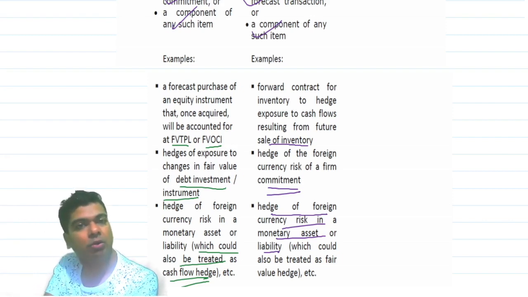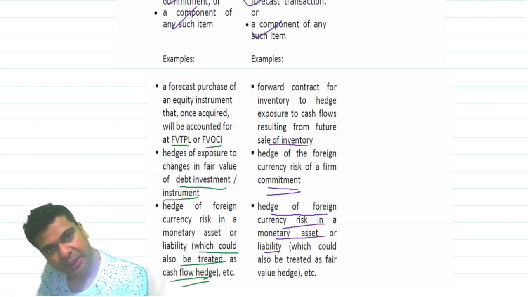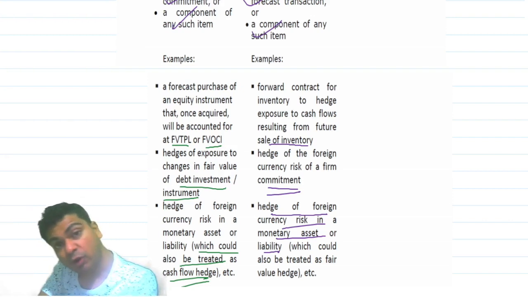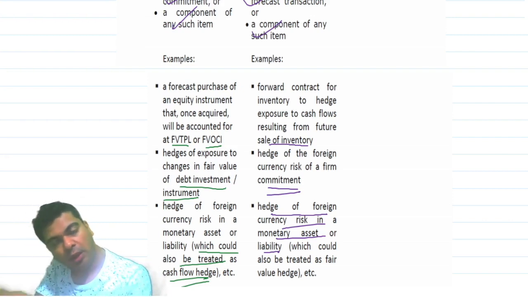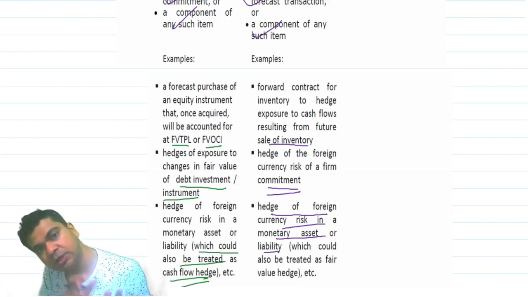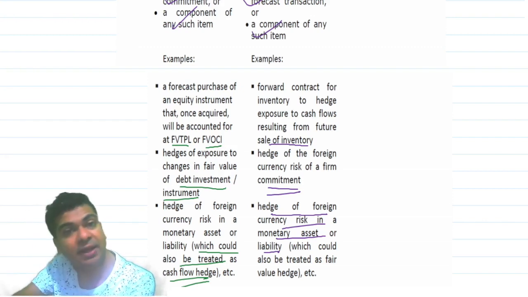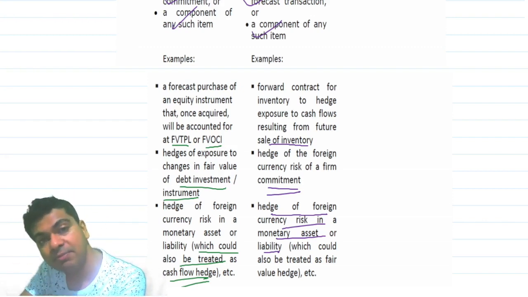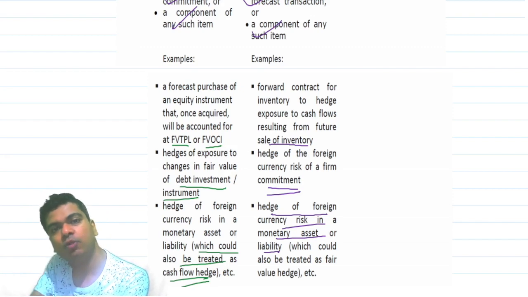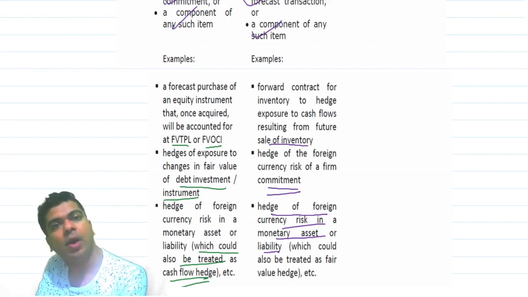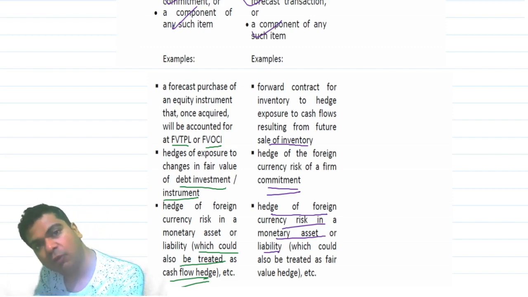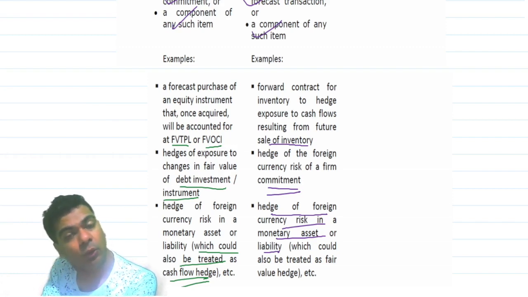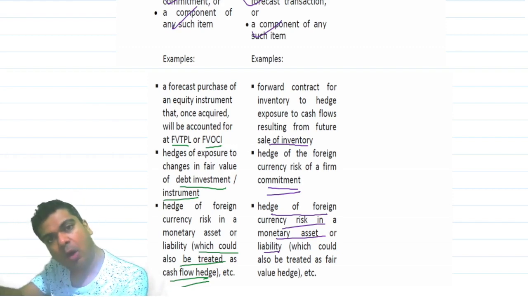You are concerned about the change in the commodity prices. What is the commodity price right now and what will be the commodity price in future? You feel that in the future the commodity price may increase. So by the time you will execute the contract and buy the raw material, the prices would have increased. You are worried about the extra cash outflow, and hence you are entering into a futures contract on the commodity